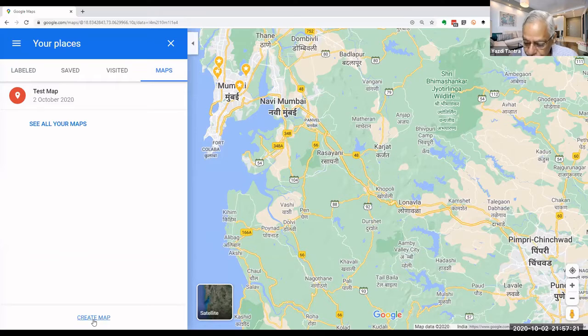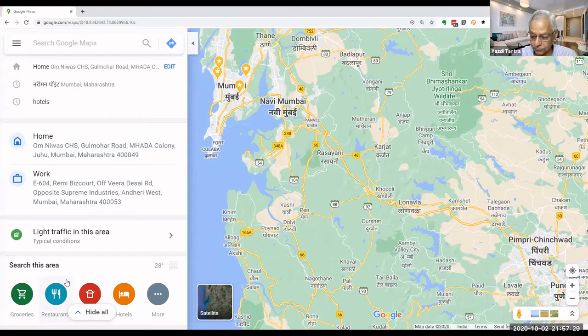Are we clear on this? From where I got the map? Yes? Okay, great. So you can make customized maps. You can draw, you can add a layer, you can delete a layer, you can create places on the map, and then come back to Bombay, come back to my original location.